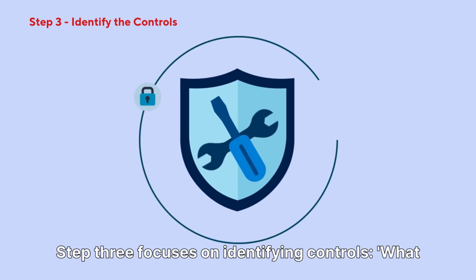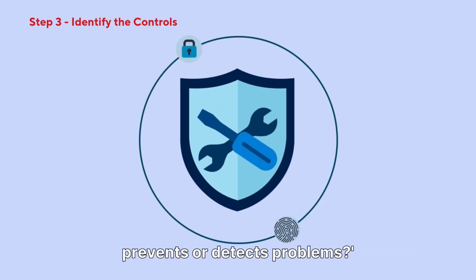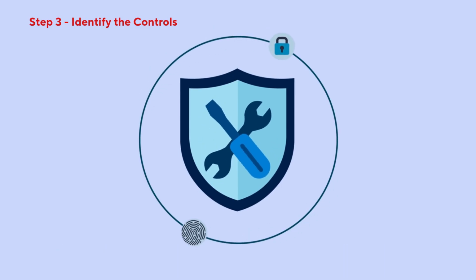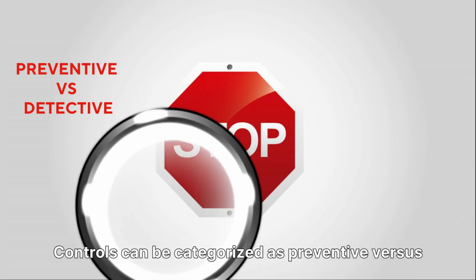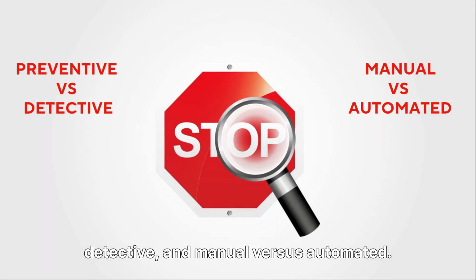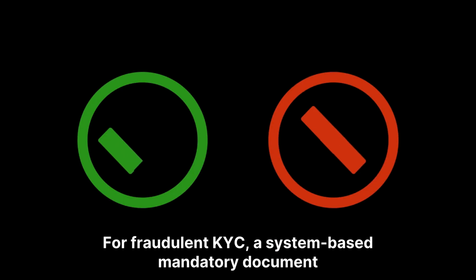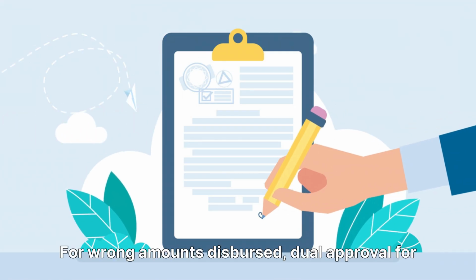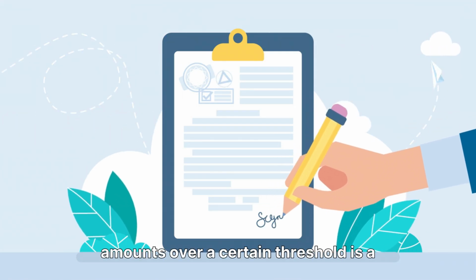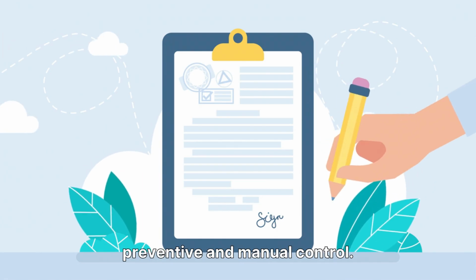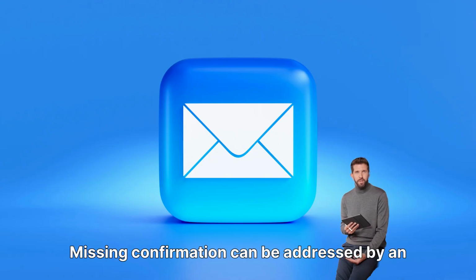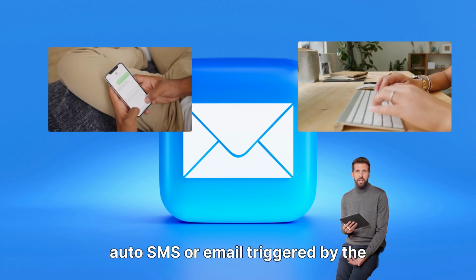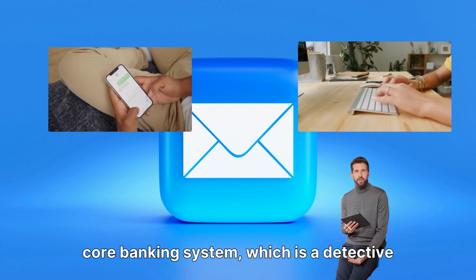Step 3 focuses on identifying controls. What prevents or detects problems? Controls can be categorized as preventive versus detective and manual versus automated. For fraudulent KYC, a system-based mandatory document validation acts as a preventive and automated control. For wrong amounts disbursed, dual approval for amounts over a certain threshold is a preventive and manual control. Missing confirmation can be addressed by an auto SMS or email triggered by the core banking system, which is a